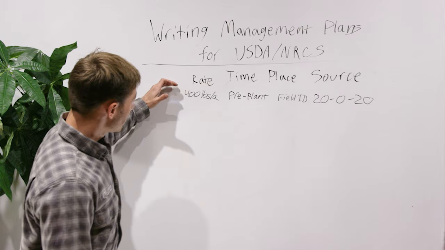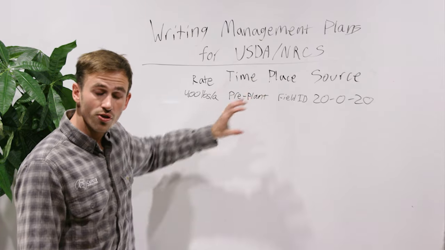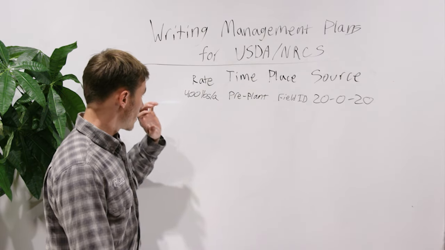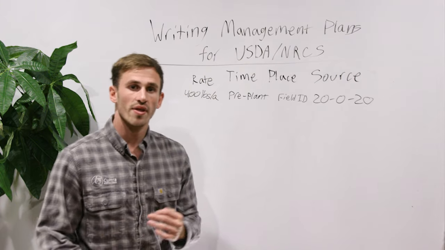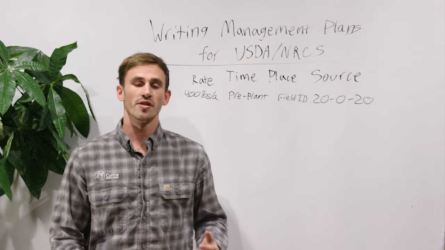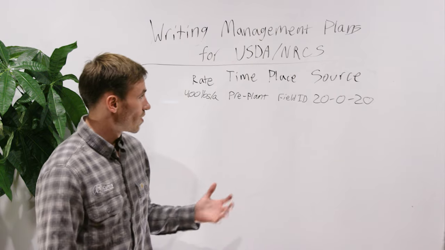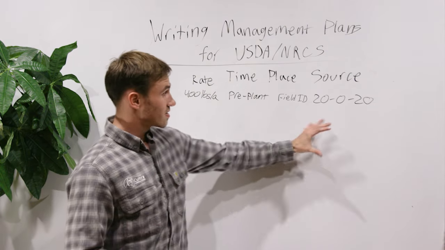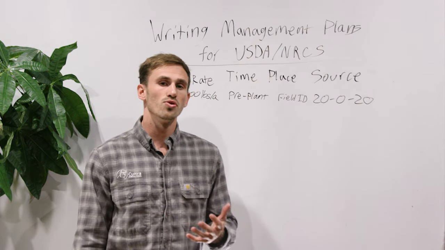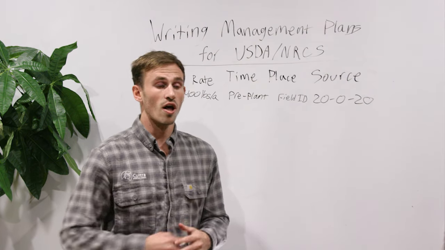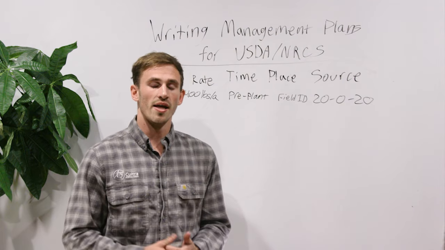And we're going to list all of our fertilizer or input timings corresponded to a place with the source and the rate. It's really helpful that these details are documented somewhere. Maybe you can access them from a John Deere Ops Center console or wherever else you keep these notes. But knowing that these are the things they're looking for when we're writing these nutrient management plans for EQIP and NRCS is going to make your life a lot easier